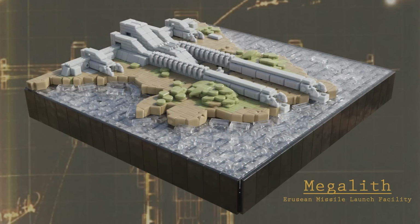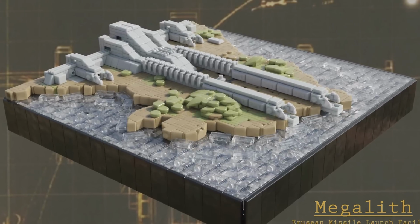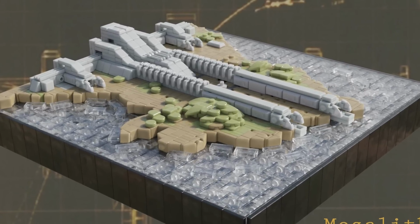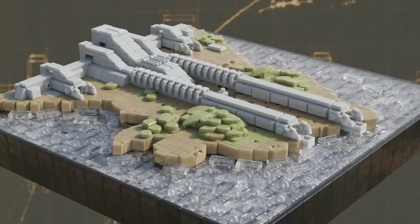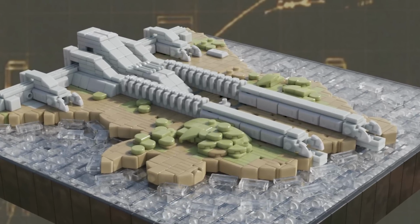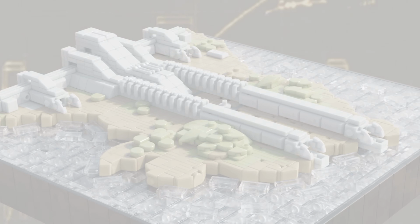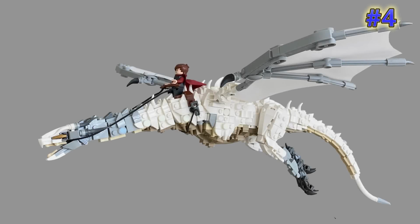This is from MWBricks. The title is Megalith. This is a big facility within the Ace Combat universe, and there are some great little techniques used here to flesh out both the mechanical detailings of this huge facility and the growth along the coastline. Anyways, just some unique connections here for microscale, and we've moved on to a build from the designer Lego Pig,